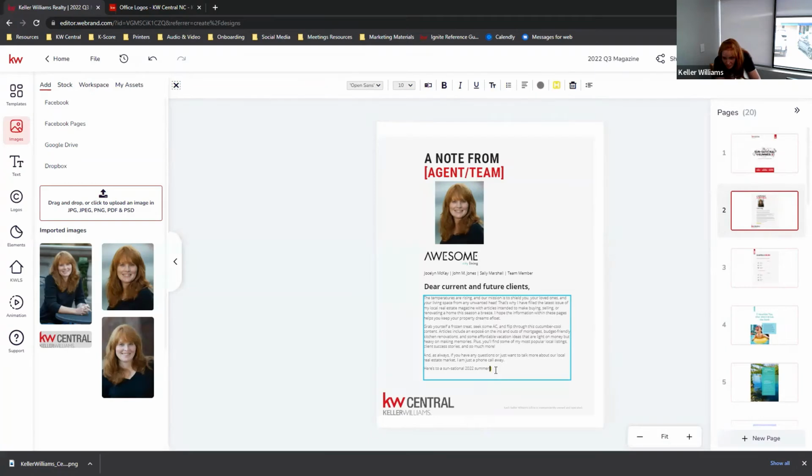There's kind of pros and cons to it, because if you are doing it for a specific neighborhood, then you just made a magazine for a specific neighborhood. You could do a broader area. Can you do the entire county?